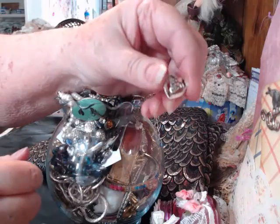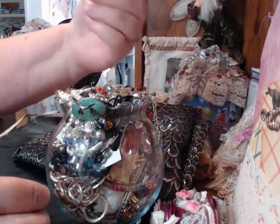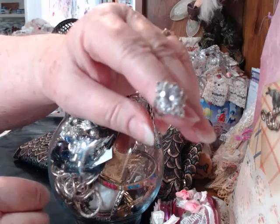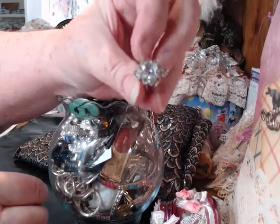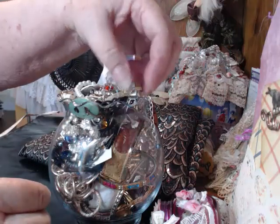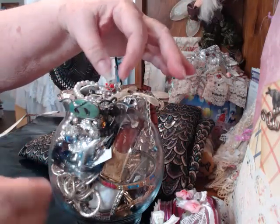Some little things like this. Most of it is teeny tiny stuff. And then I found this ring at the seniors thrift store. So it's, you know, it's cute. It was only a couple of dollars. But in here, I mean, if you want me to show you all this, I will, but I bought it